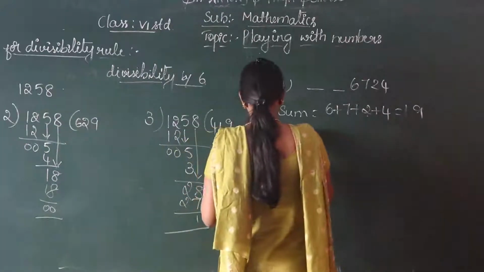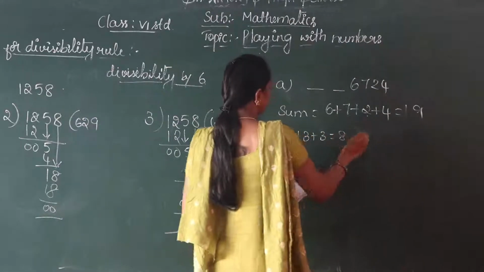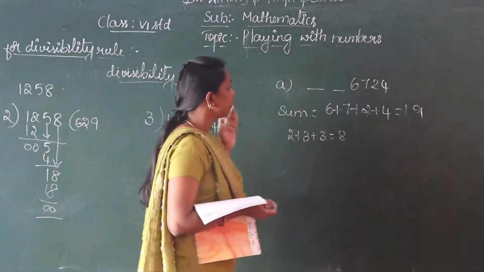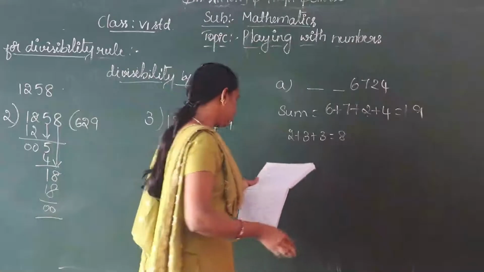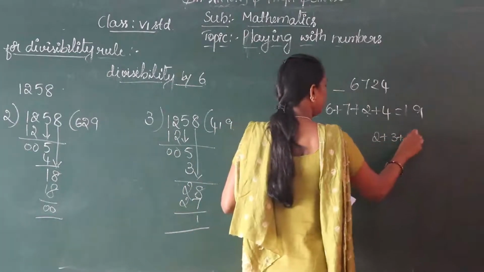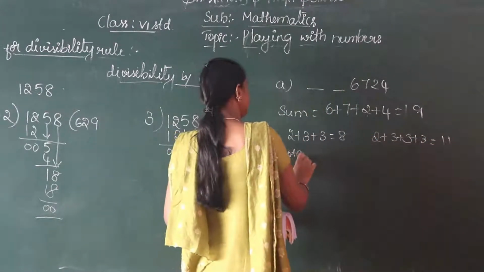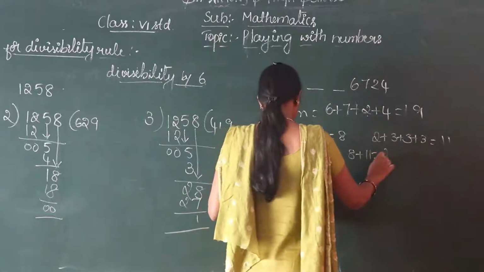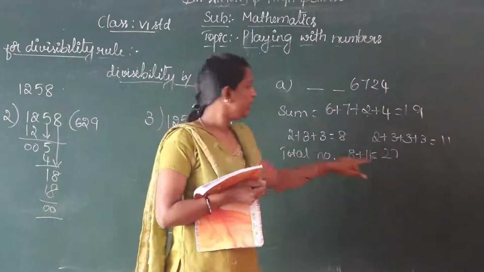And then if you add, you get 8. 2 plus 3 is 5, 5 plus 3 is 8. How? Means the smallest number below 19 that we get in the third table is some number, no? That is 8. And then after that we add in the rule, so that we get 11. So the total number you get, 8 plus 11, how much? 27. So it is in the third table.